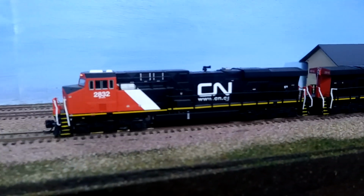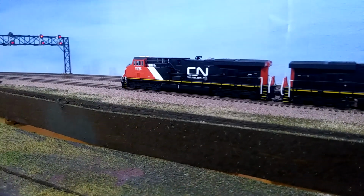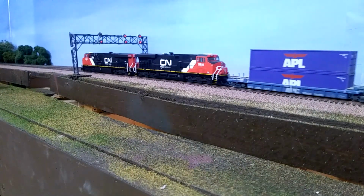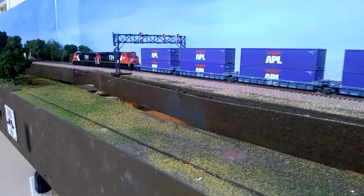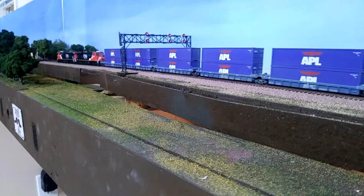These particular locomotives are Fox Valley SD70 ACEs. Fox Valley makes some really good locomotives. I really have been happy with these. They are very smooth running. You could kind of hear them grinding away as they went by, but they have a good even sound and